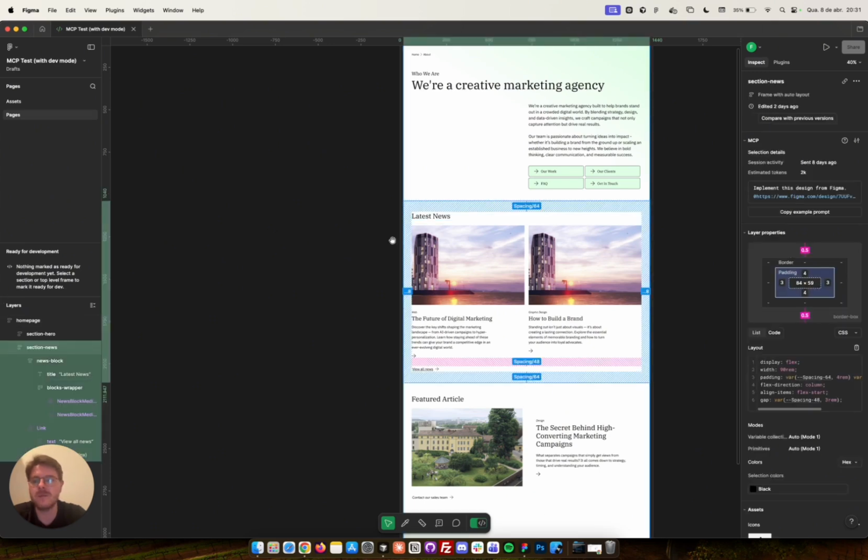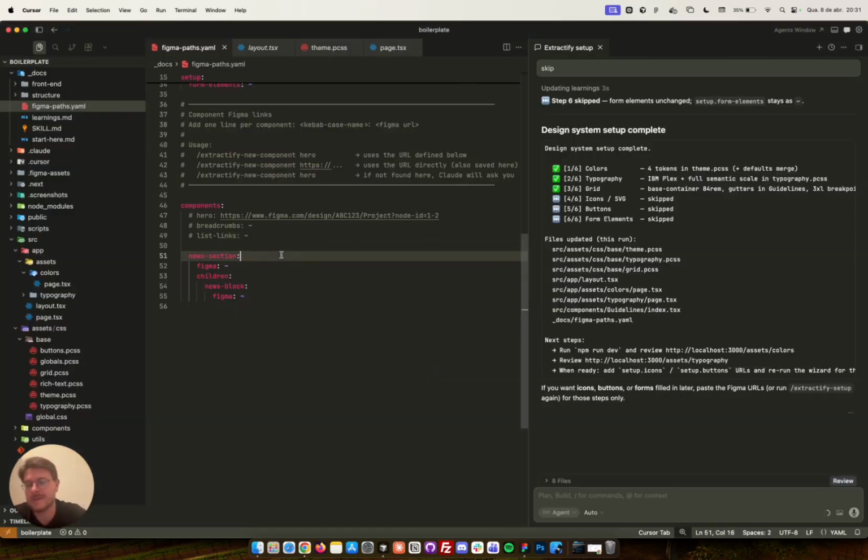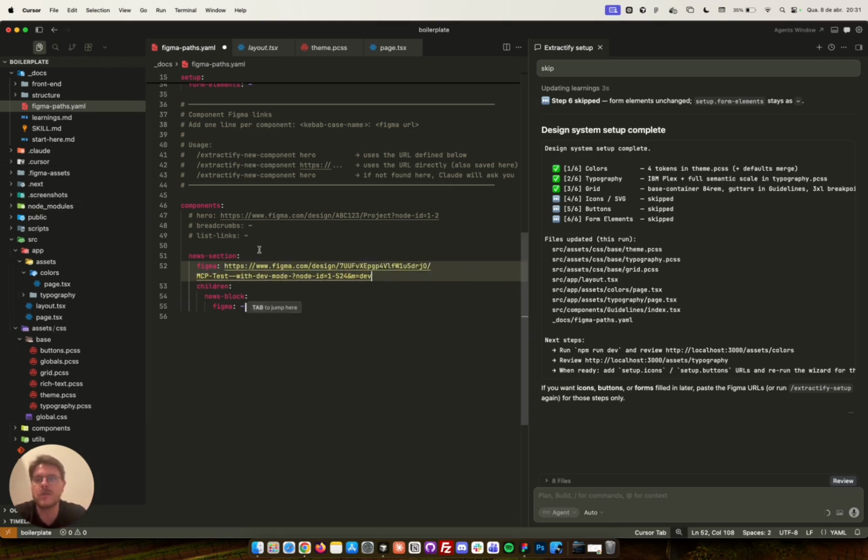So again, the same thing. I want to build this news section right here, for example. So I just select the nodes that I want, hit Command L to copy the nodes, and this is the exact example that we already have here in our YOM file, but you can do whatever other sections that you want. So I know that this new section is going to have this node right here,